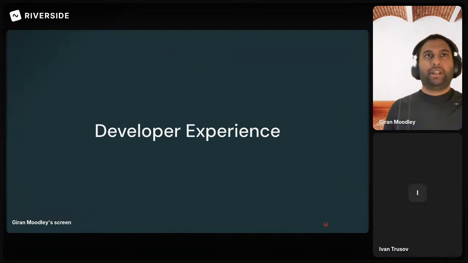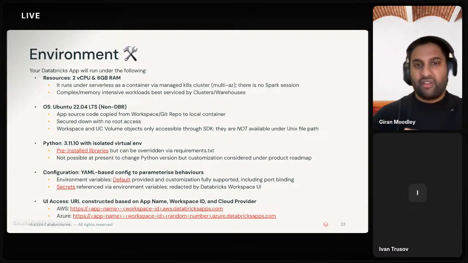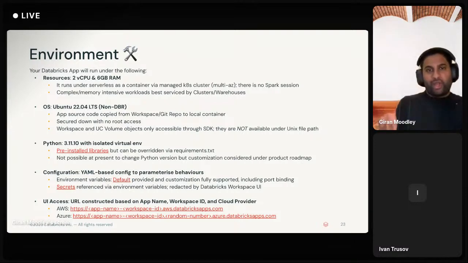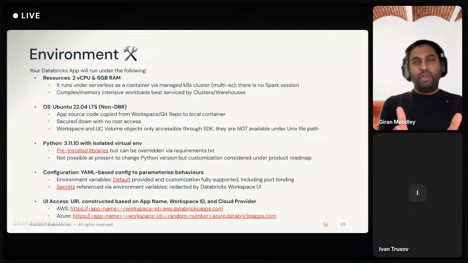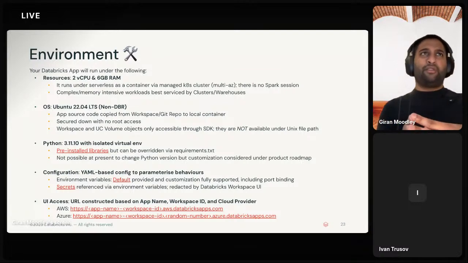Okay. Now, in terms of the developer experience, I wanted to go through a little bit about what it means to develop on Databricks apps today. So when you create a Databricks app, or what we could refer to as an application slot, we actually provision compute and memory on your behalf through the serverless architecture. So each application will have around 2 vCPUs as well as 6 gigabytes of RAM.